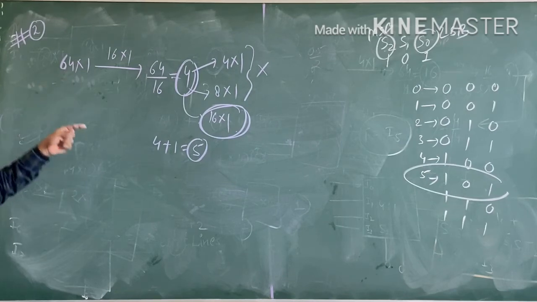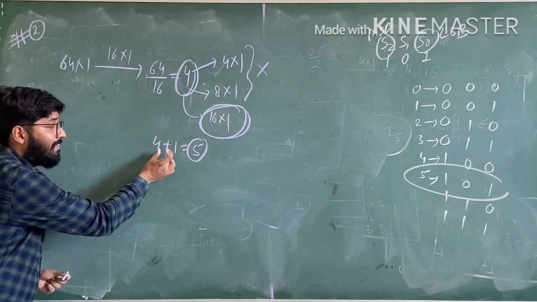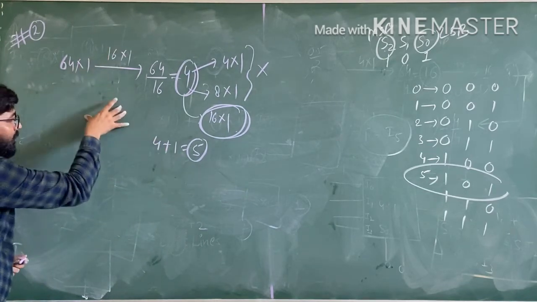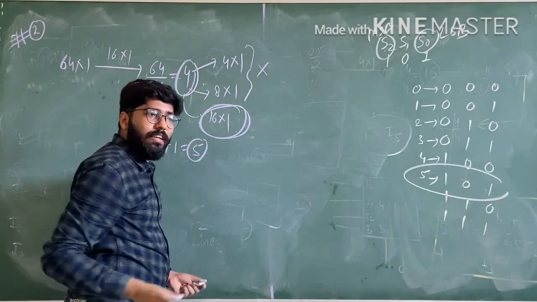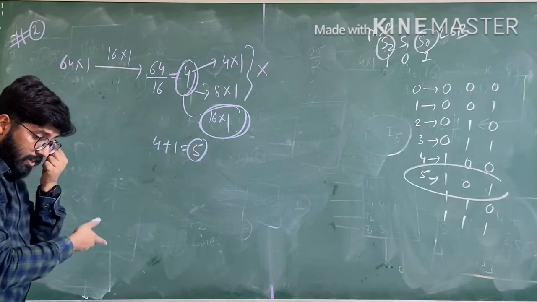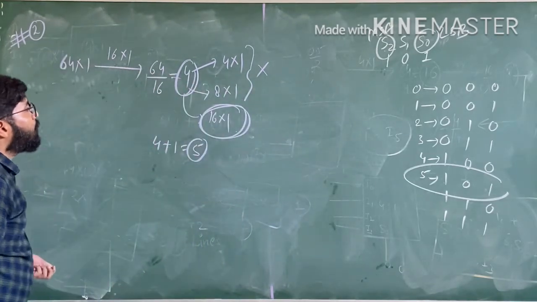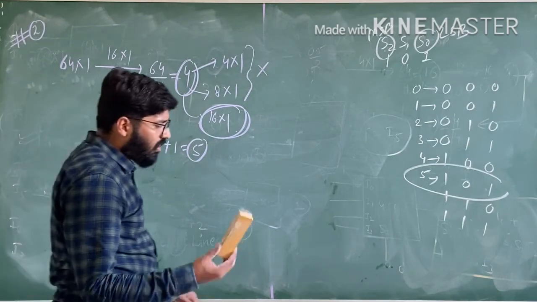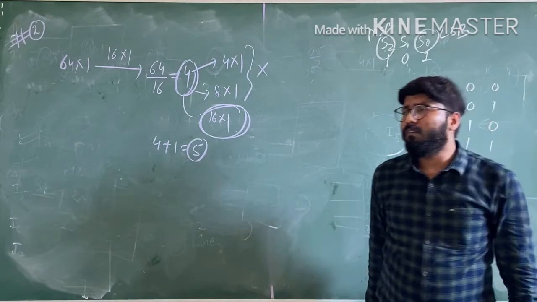Okay. So in the first stage, suppose this is the first stage, this is the second stage. In the first stage we are using 4 muxes. In the second stage we are using 1 mux. That I will discuss later in the beginning of the video. So this is about the implementation of a higher order mux with the help of smaller order muxes.